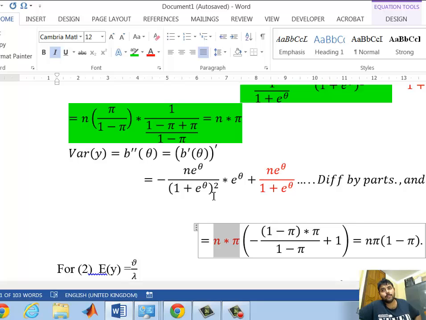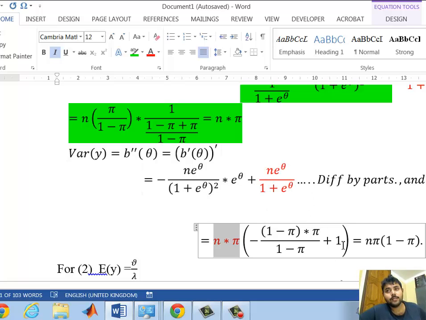So that gives us 1 minus pi again whole square, and this is 1 minus pi. Okay, that's not what it comes to. It comes as something like, when we take this as common, this is 1, and this part which is highlighted is 1, and this part is only e to the power theta by 1 plus e to the power theta,